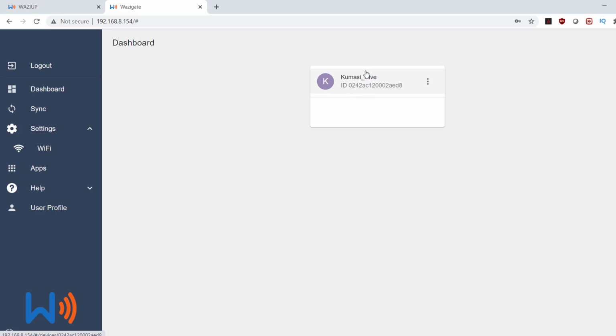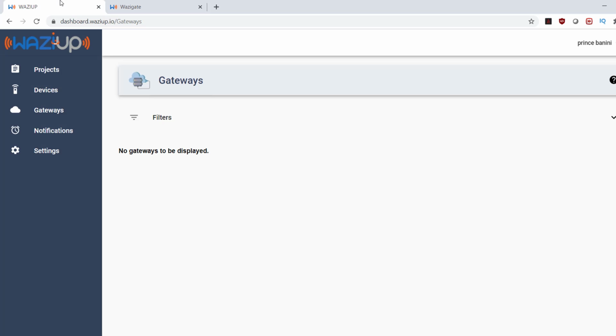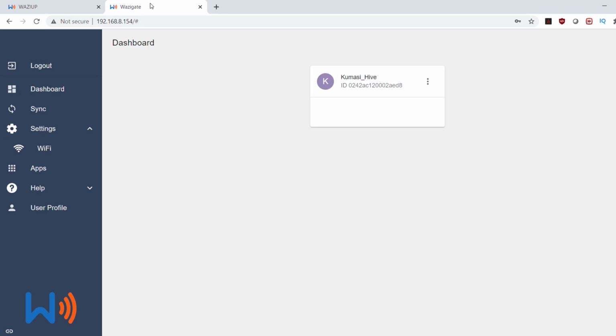So far we've changed the name, we've connected the gateway to internet. You now need to enable the gateway to sync to the cloud. That's the gateway should be able to send information to the cloud and get information back from the cloud. So send information here and get information back. So you can see here in the WhatsApp dashboard, I don't have any gateways showing up here, no gateways to be displayed. So what you are supposed to do here at this point is to go to sync, and then